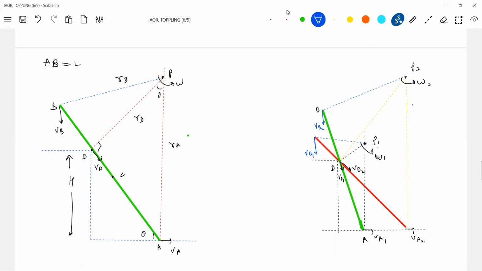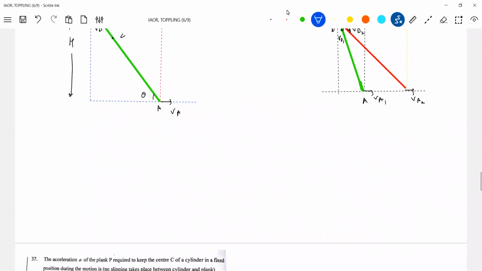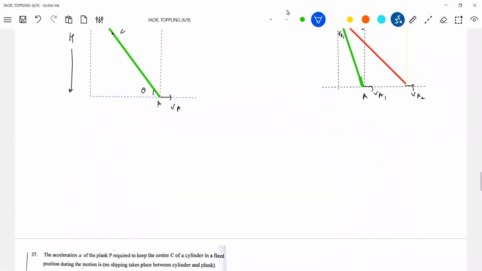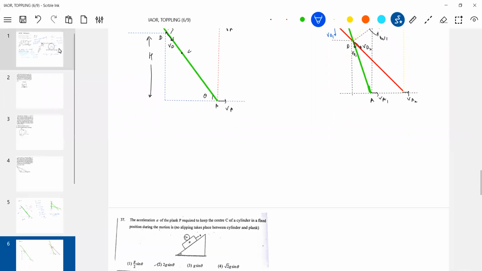Sir, is it only for rod? You are discussing only for rod. Why not any other body? Yes, it is applicable for any other body also. What is any other body? Show one example for any other body. Okay, let me take. Say, why is rotational mechanics difficult? The reason is